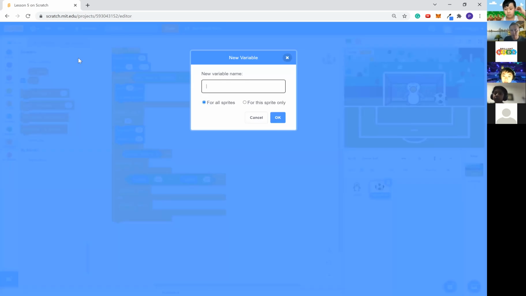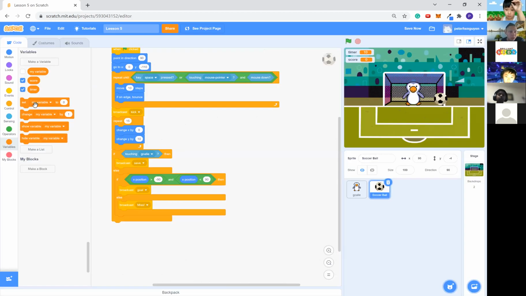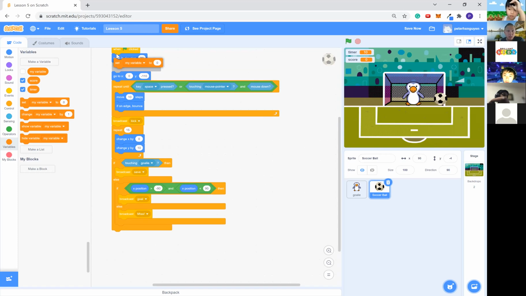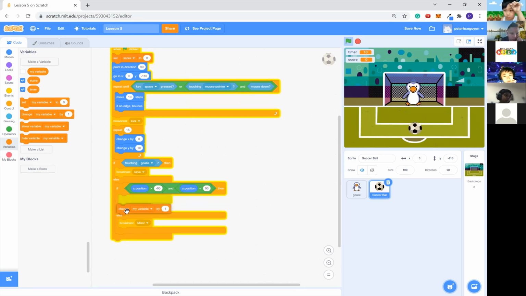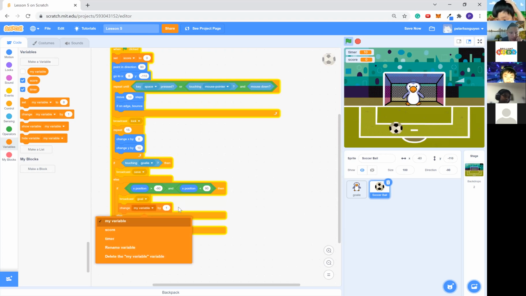So what we can do is, maybe for these 4 spots, just keep it simple. Let's just do score. We're going to set the score to 0 here, and then whenever we score, we'll increase the score